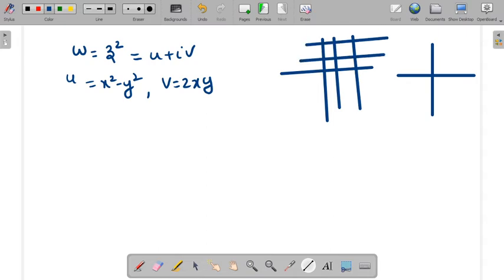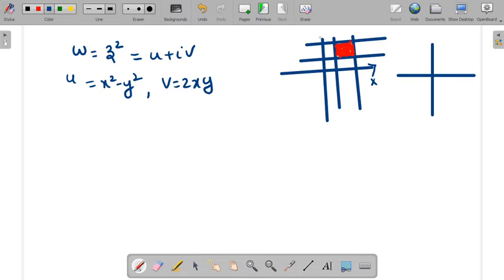So suppose this is the rectangular region we are considering. Just take this rectangular region. And we want to find the image of this rectangular region under the map W equal to z square. So if you take W equal to z square, remember this is the z plane,